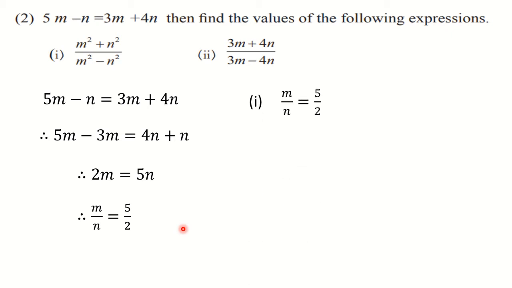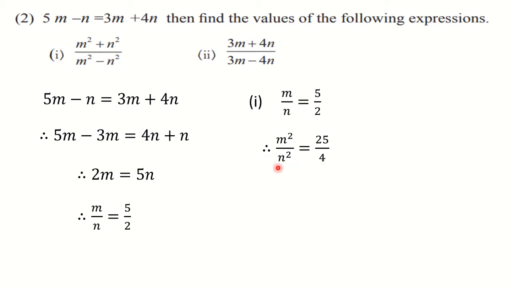So when we start, we have to start with the ratio which is given to us or which is found by us, and then you will square both the sides, so that you will get the required numerator and denominator. m square upon n square is equal to 25 upon 4. See, 5 square is 25 and 2 square is 4. That means we have squared each and every term on both the sides.